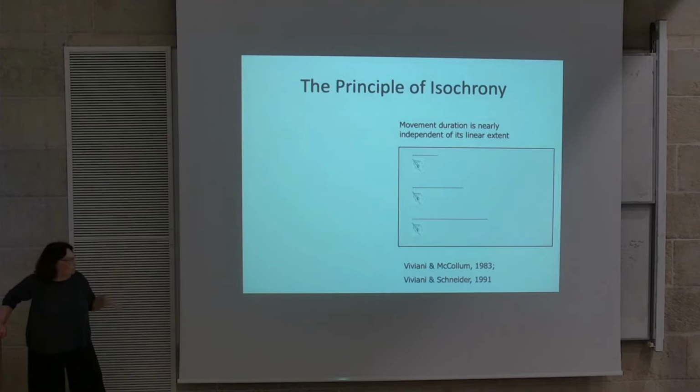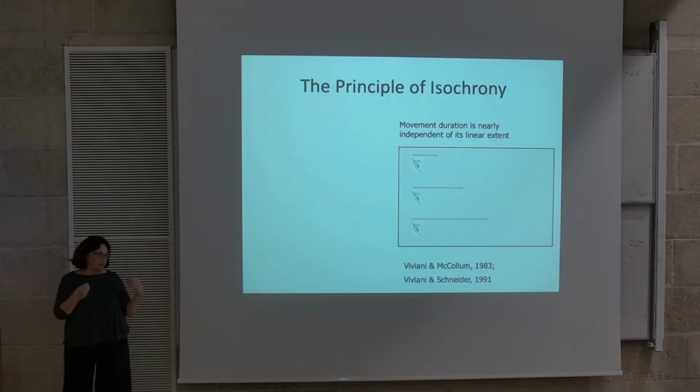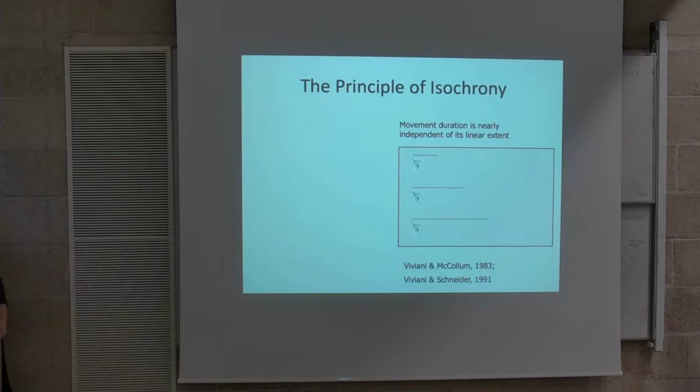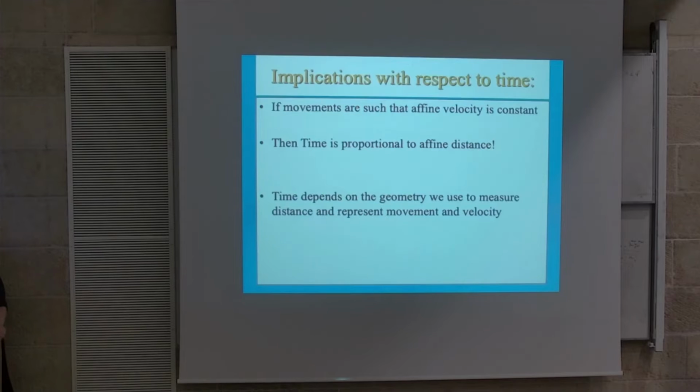So this law of equiaffine is not enough to account for this duration. So that's why we have to go to a higher kind of geometrical explanation, which talks about affine, not equiaffine, which preserves area, but affine, which is called the general affine. And then we assume that a total affine velocity is constant. That means that the affine distance is equal to the total duration. Okay? And if I am operating under constant affine velocity, I'll have the same duration for different kinds of trajectories. That's actually what you see here. So this is called the isochrony.